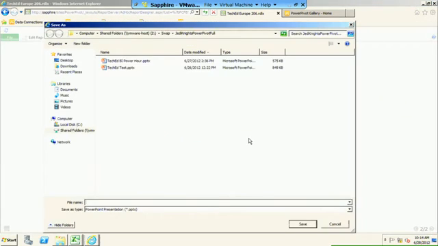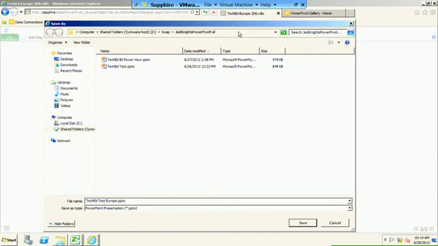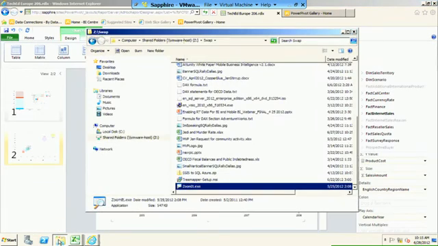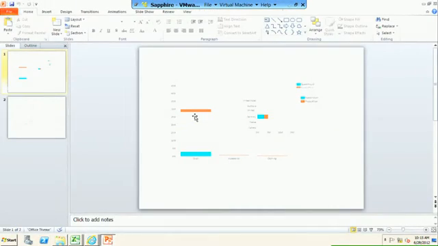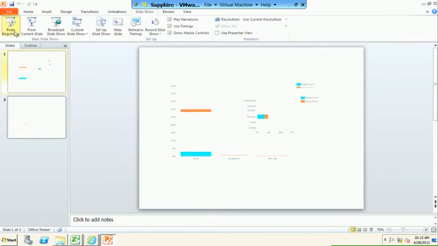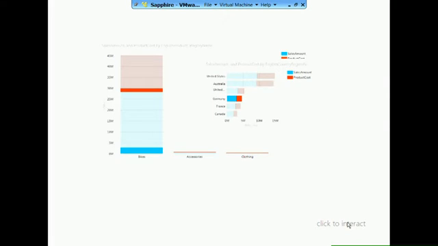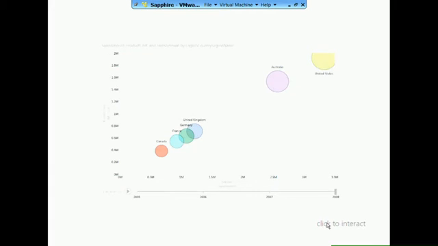The export's complete, and I'm going to save it. TechEd Test Europe. Oops. Okay, I'm just going to copy the directory that's storing the file. It will export it, and then I will look for the PowerPoint and show you how that works. Now, it doesn't do anything until you view the slideshow from the beginning. Oops, yep, there we go. So when we click to interact, see we go to the next one, click to interact,